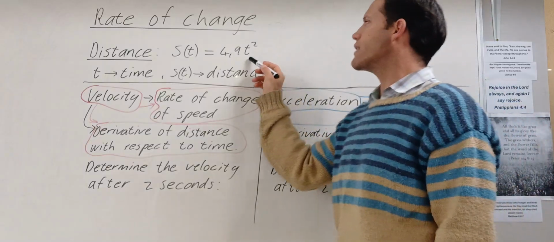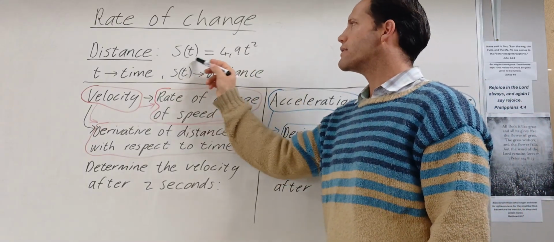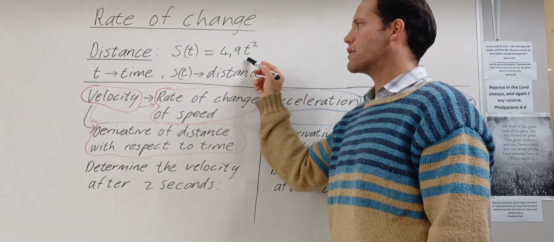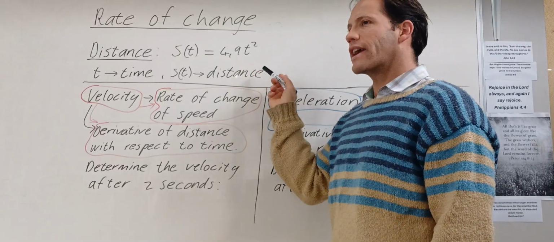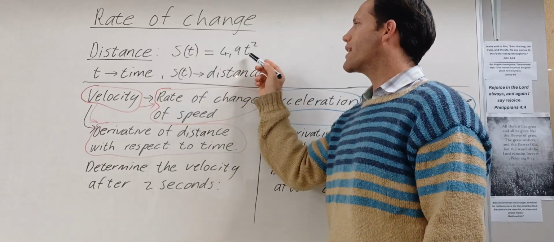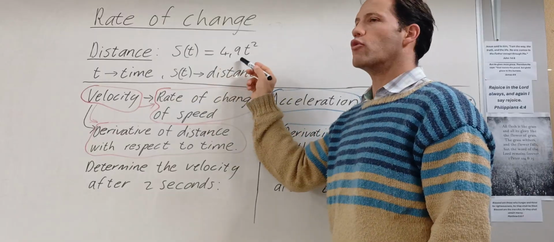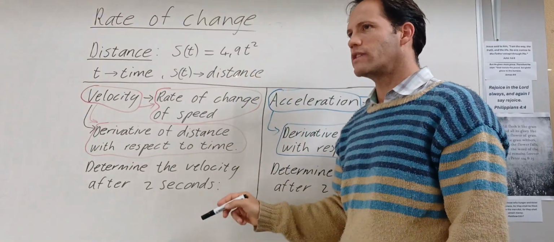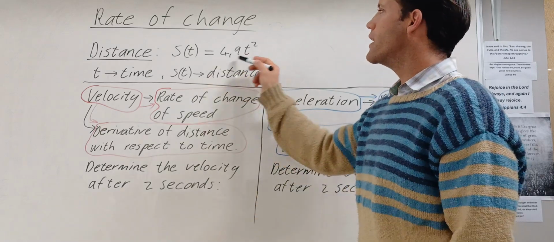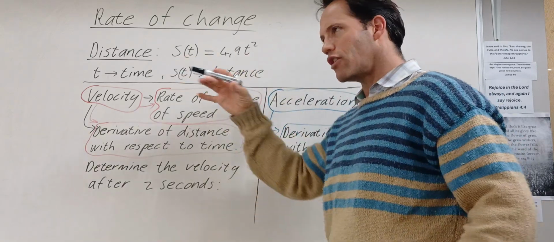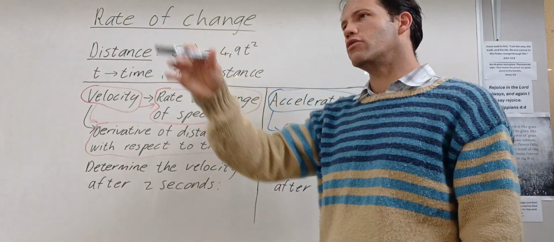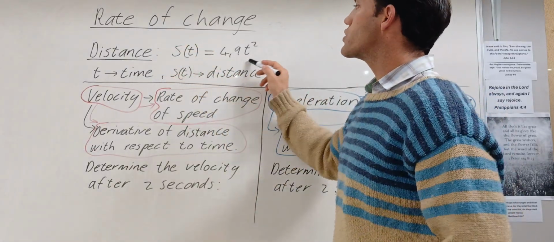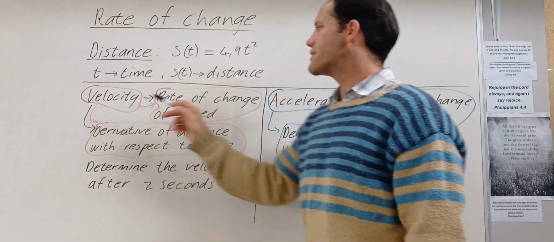So after 1 second, s(1) is equal to 4,9 times 1 squared, which is just 4,9 meters, okay? After 2 seconds, it's going to be 4,9 times 2 squared, which is 4 times 4,9. Okay, so that's almost 20 meters that it's fallen after 2 seconds. Okay, so this formula can change because you can drop a stone, or you can throw a stone, or you can shoot something at a very fast speed. So the formula will change. But then this stays the same every time.